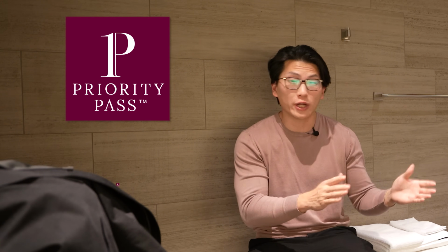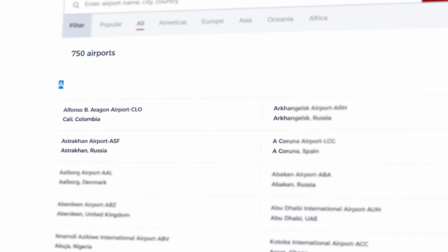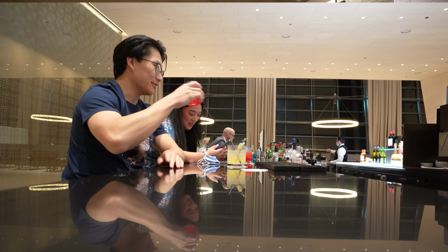Many travel credit cards come with a membership to Priority Pass or Dragon Pass, which are two very similar lounge networks with access to over 1,000 lounges worldwide. These lounges are typically a great place to relax, work, have some free food and drink, and in some cases, even take a shower. And by leveraging your credit card benefits to get lounge access, you no longer have to wait at the gate